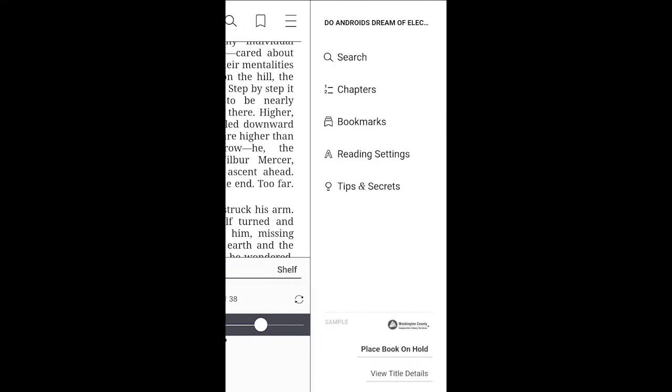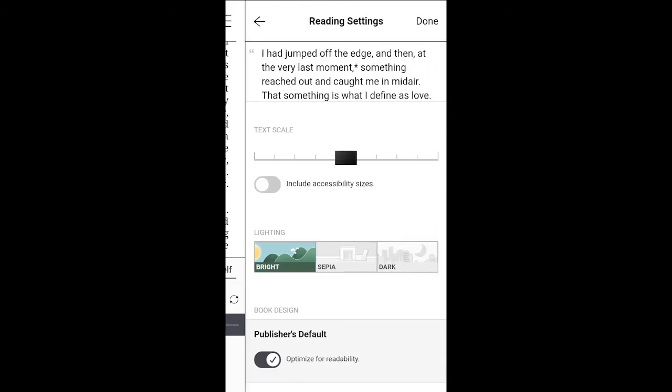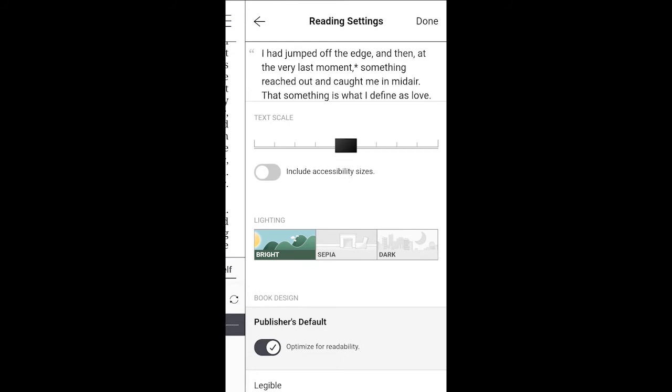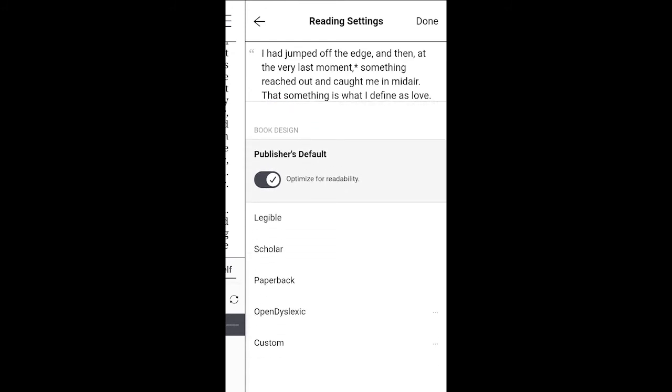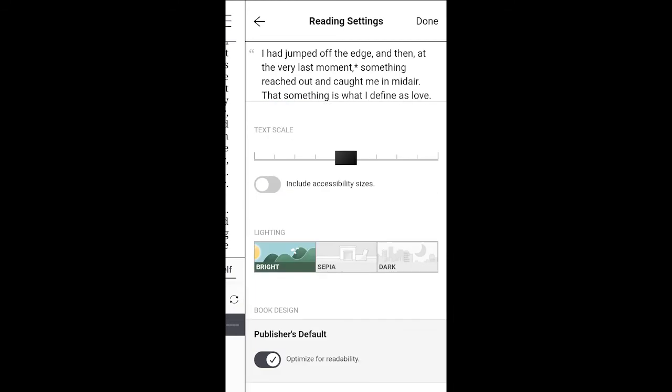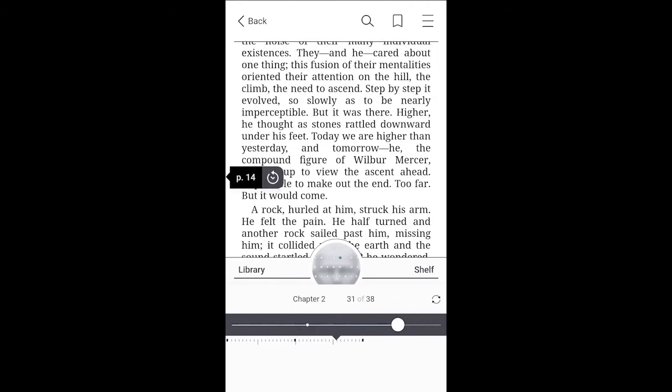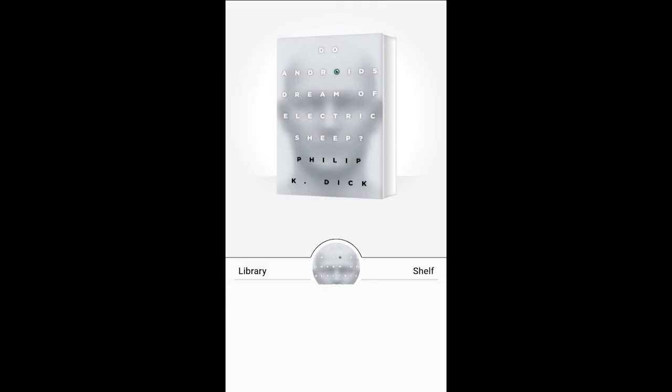Along with that, there are additional reading settings as well, where you can modify the text scale or the lighting that you want. There are a few additional bonus options down at the bottom where you can read more into it as well. But in this case, we'll go ahead and click Done, and then we can go back to our library or our shelf. Let's keep looking around before we go to our shelf, so let's go to our library and